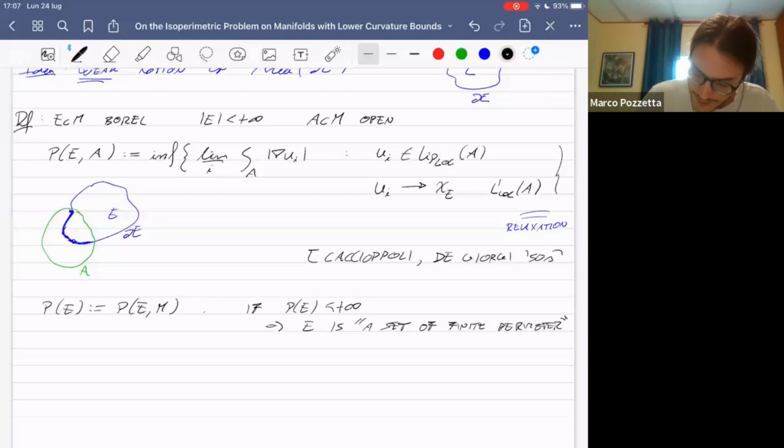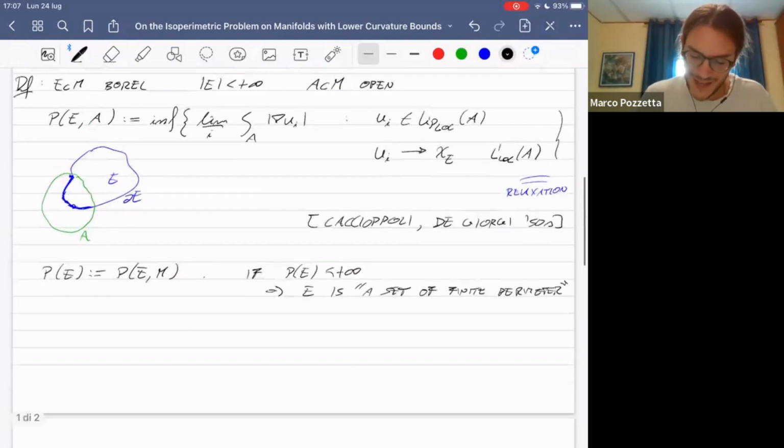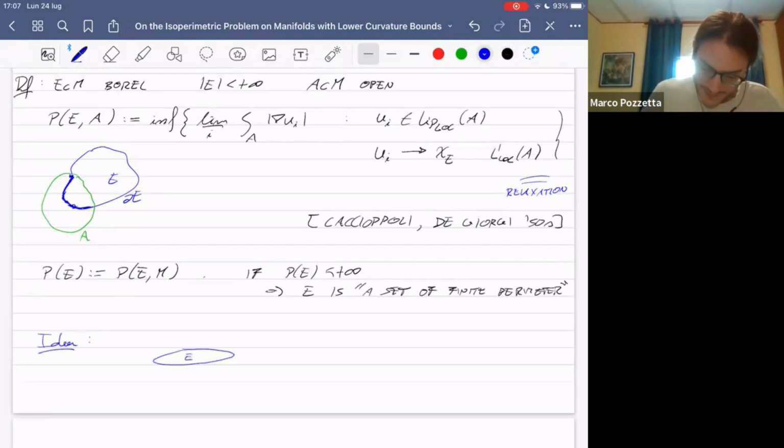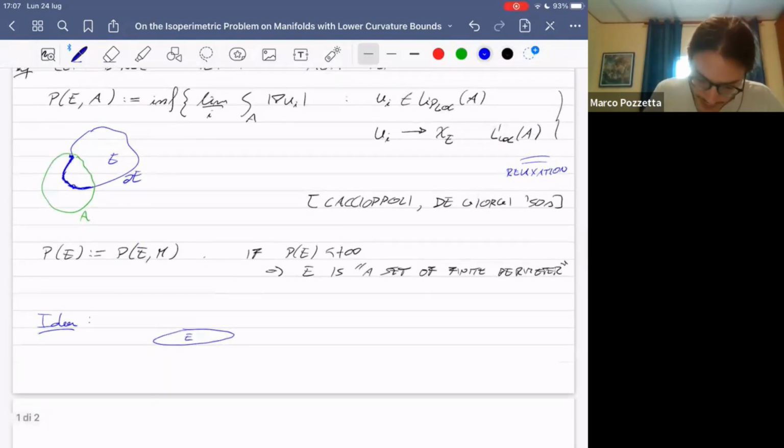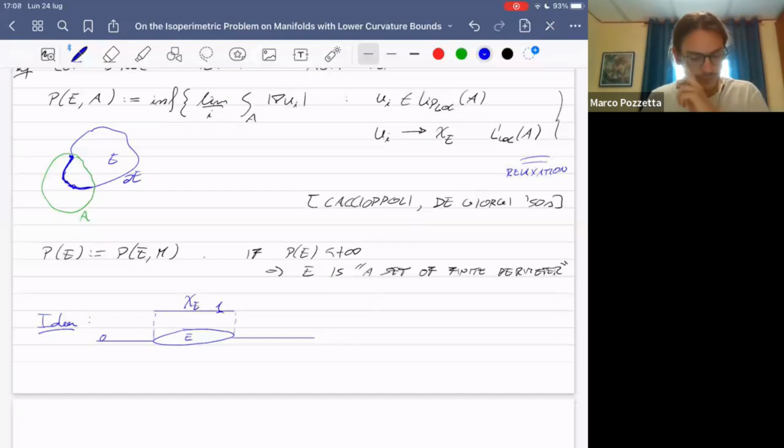around the 50s. Now, as I said, I wanted to try to convince you that this formula actually gives you the area of the boundary of something. And here is the idea. Imagine that here is your set E, okay? I draw it like this because next I can draw the characteristic function of my set E. This is the characteristic function, equal to 1 here and 0 outside. And imagine that the boundary of E is smooth. Whenever I say that the boundary of a set is smooth, I mean that it is actually a smooth submanifold